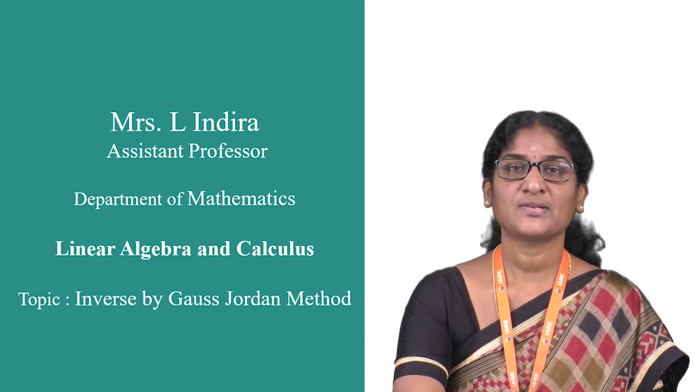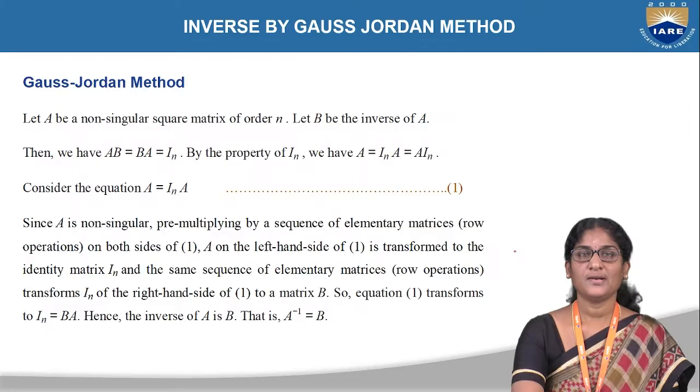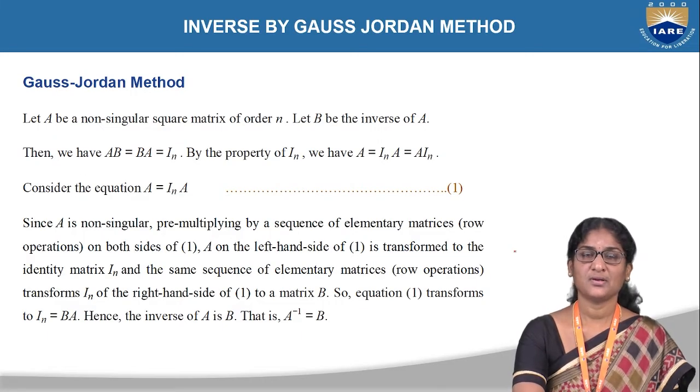Today, we would like to know how to calculate the inverse of the matrix using the Gauss-Jordan method. Already, we know how to calculate it for 2nd and 3rd order square matrices. You all know that the inverse exists for square matrices only. But if the order is more than 3, then how to calculate the inverse of the given matrix can be known by using this Gauss-Jordan method.